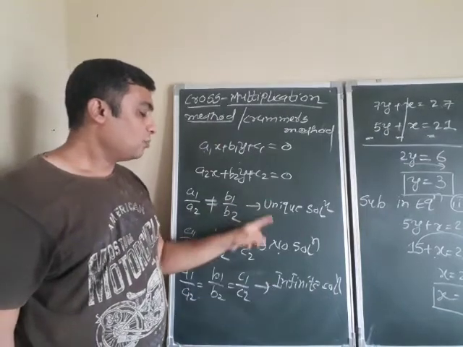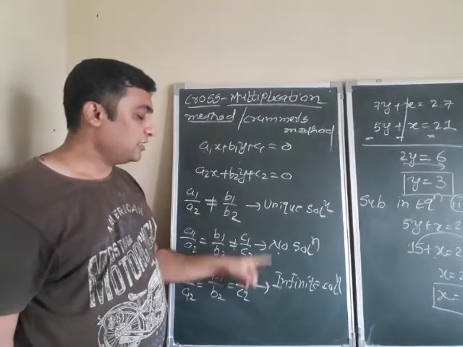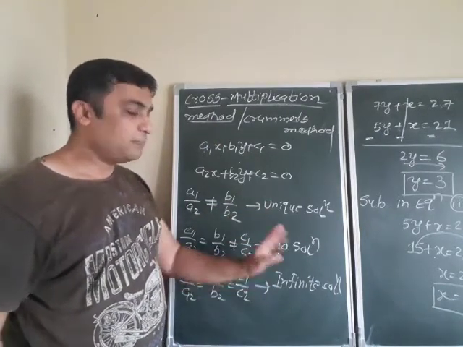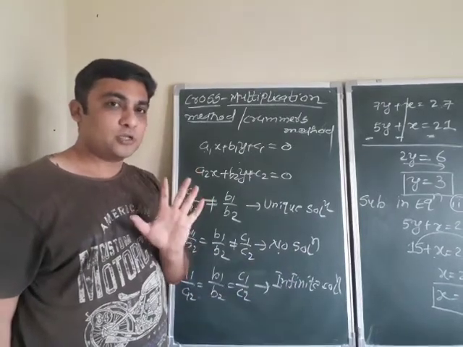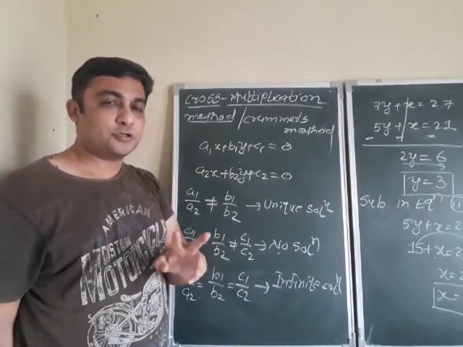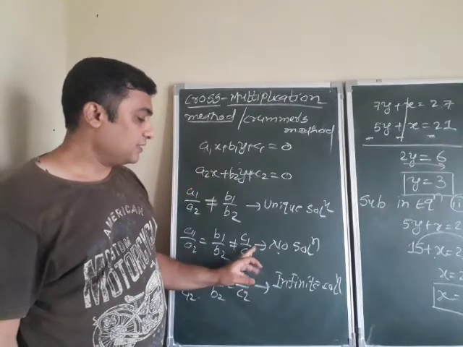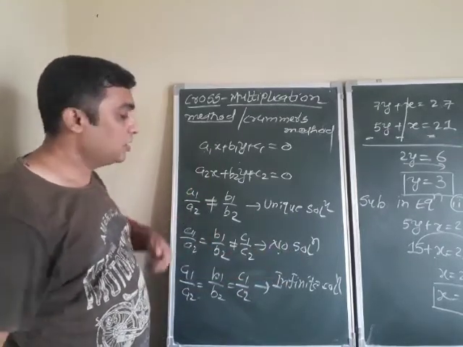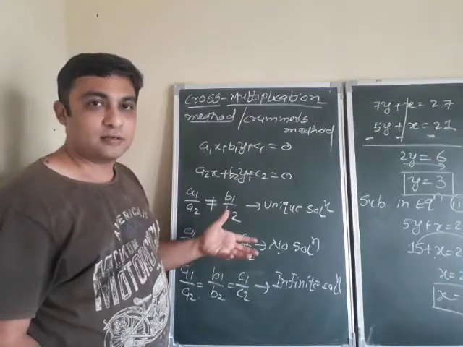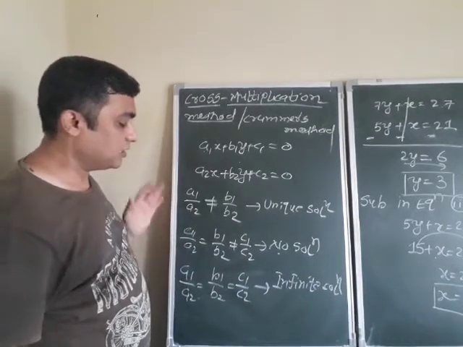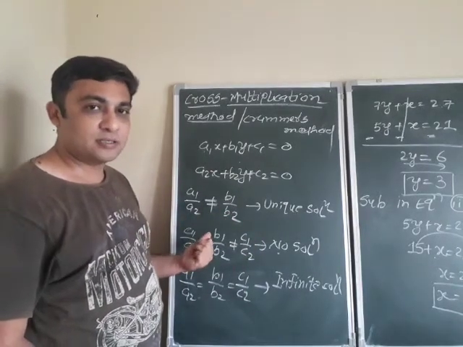Both of these cases of a pair of linear equations are called a consistent system. If solutions are possible, whether one solution or infinite solutions, the system is consistent, and this other one is the case of an inconsistent system. Sometimes they may ask you to check this, so please remember this carefully. I think we have already done this. Clear?